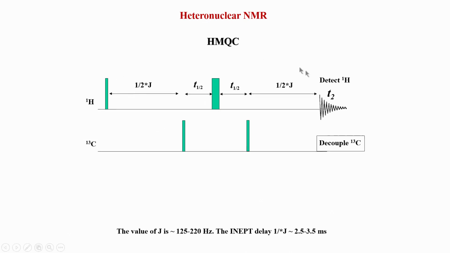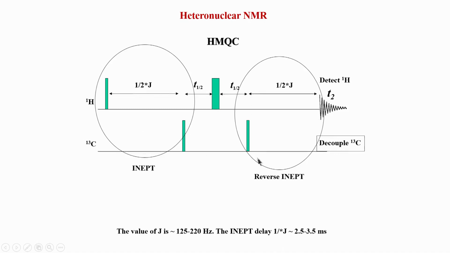So, there have been always equal usages. HMQC is also used and HSQC is also used. So, let us see how HMQC works, and we can appreciate the differences between the two as we go along. So, again in any pulse program, there are three parts to this experiment. One is this part here, and the second is the INEPT part, and there is an INEPT again here, back. Although you do not see that 180 degrees here like we saw in the HSQC, we still use the same idea of polarization transfer like we do in HSQC.